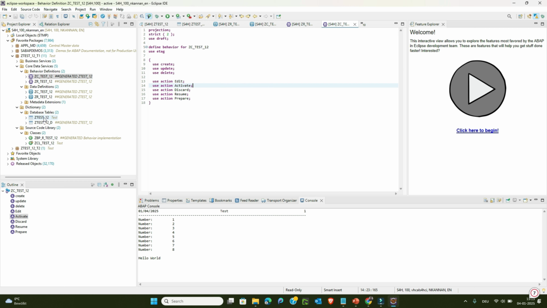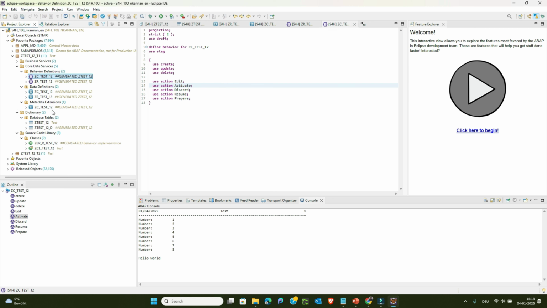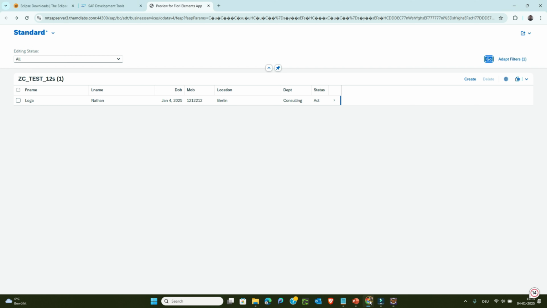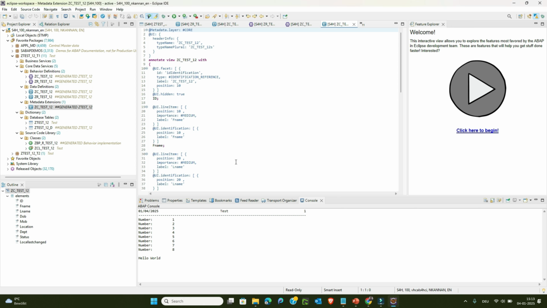Okay, so then the third important thing is metadata definition. This is also another important thing. This is nothing but how the UI should look on the screen, which position, and then you want to put a different name for this, or you need some